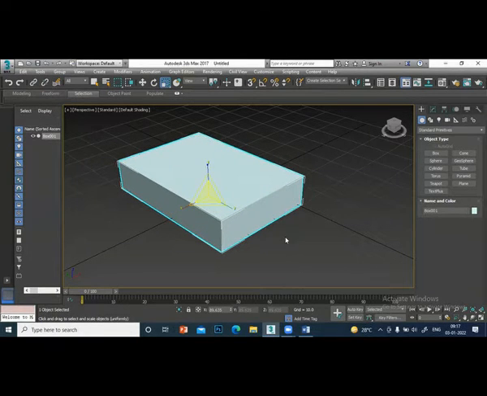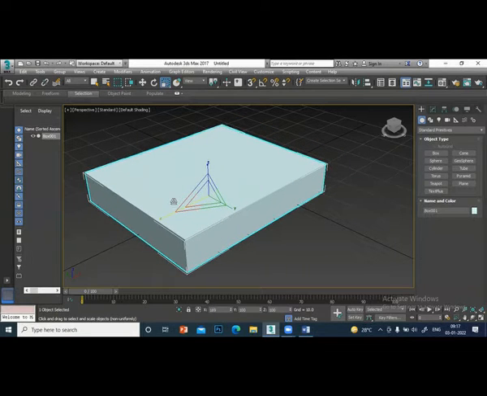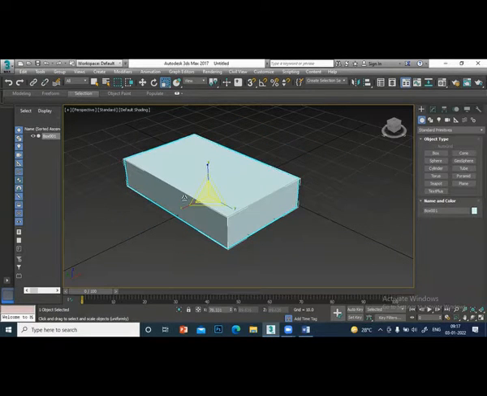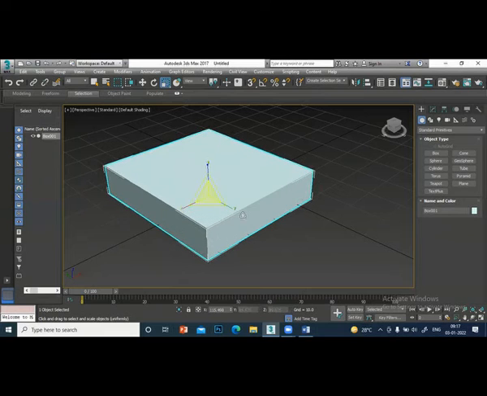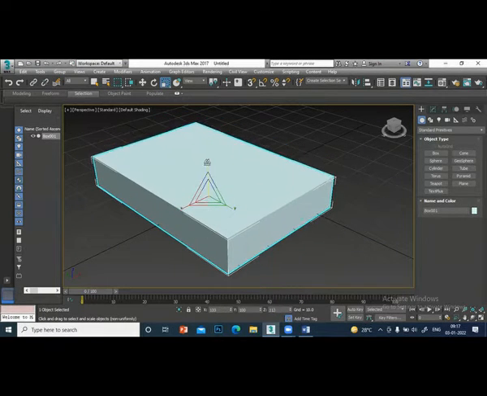If you want to scale in only one direction, you hold the axis and you can increase only the direction you want. Suppose I want to increase only the x direction. You see, it increases only in the x direction. You can see the value increasing only in x, only y, only z.